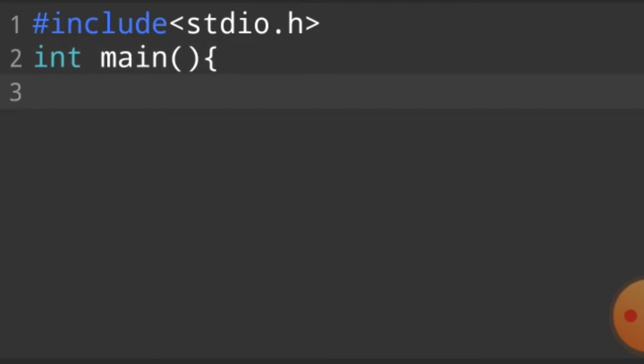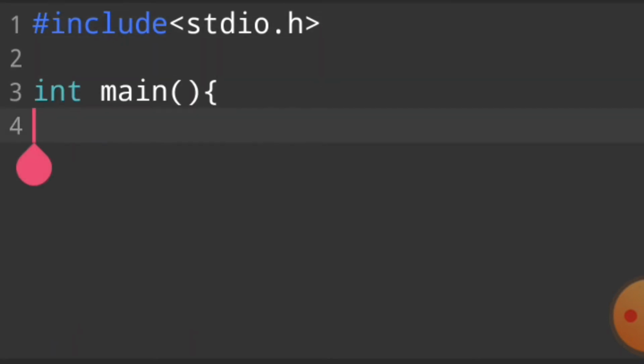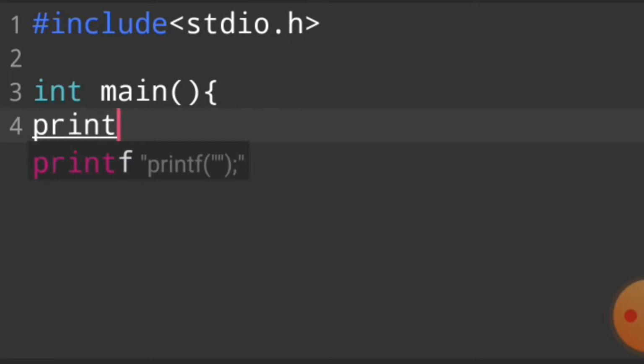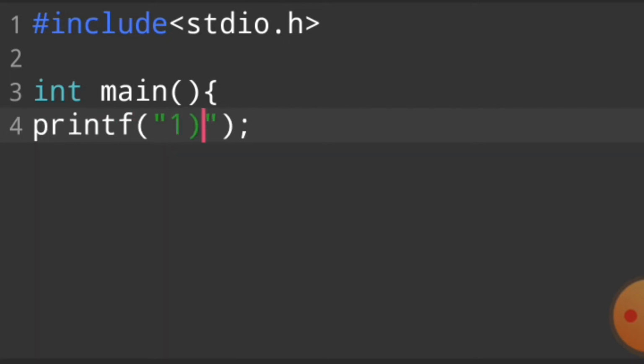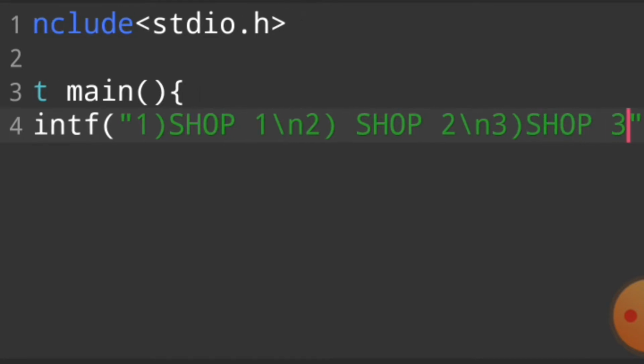First of all, we use printf: 1 shop number 1, 2 shop number 2, 3 shop number 3.